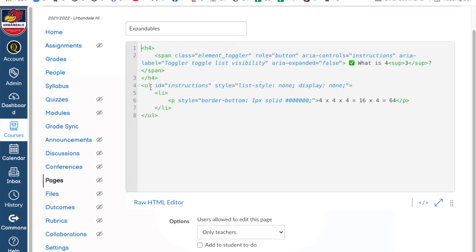And then down here, there's a UL, which stands for unordered list. And then there's the LI and closed LI, which stands for list item. And then in this list item down here, you're going to be putting kind of what the answer is. Okay? So down here, you could have a whole bunch of different things that are going to be in the expandable